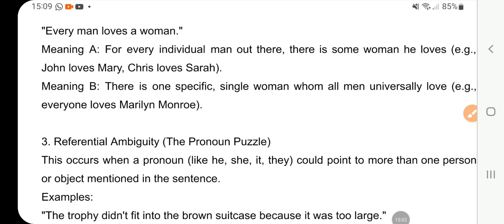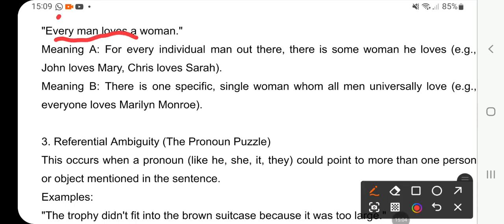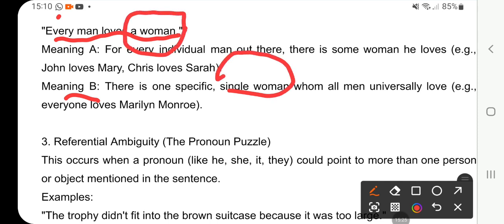According to this sentence, every man loves a woman means every man has a woman and he loves her. But meaning B says that there is one specific single woman, and every man loves this woman. So my interpretation is that every man loves a woman, or